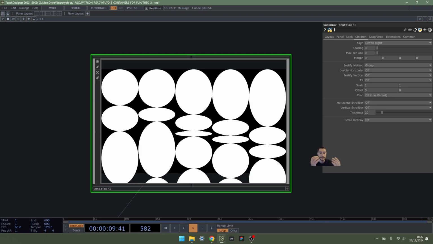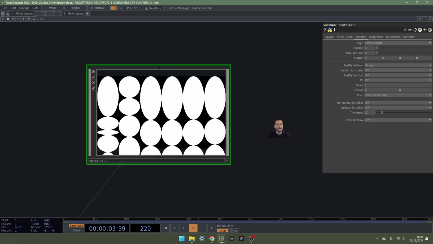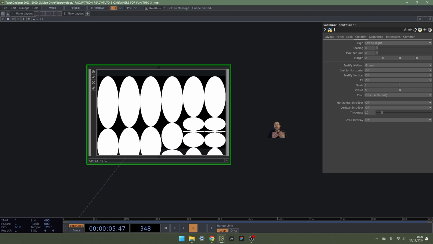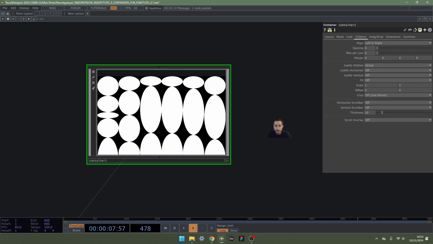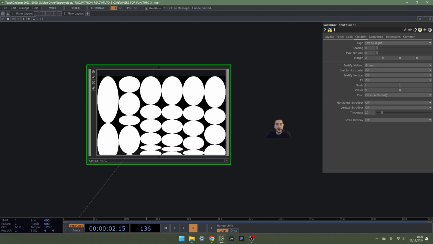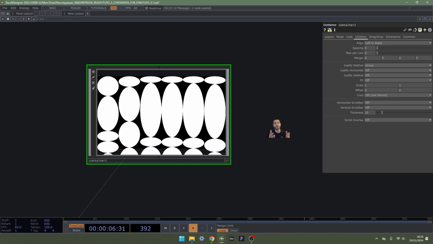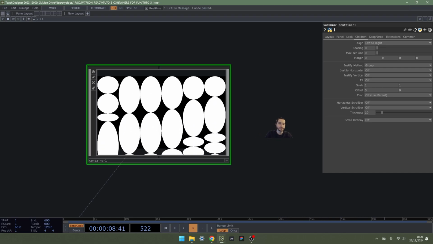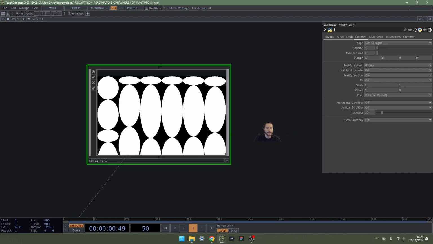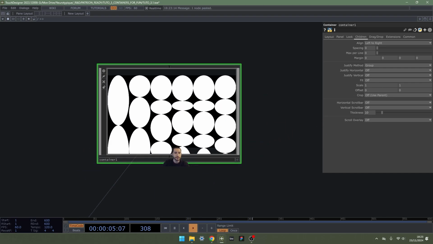It seems like it's the same one, just delayed in time. You see? This is something that could be nice. But as always, it's nice to have options, so let's fix it before we decide if it's something we want or not. Actually, it's kind of nice like this, this wave motion.